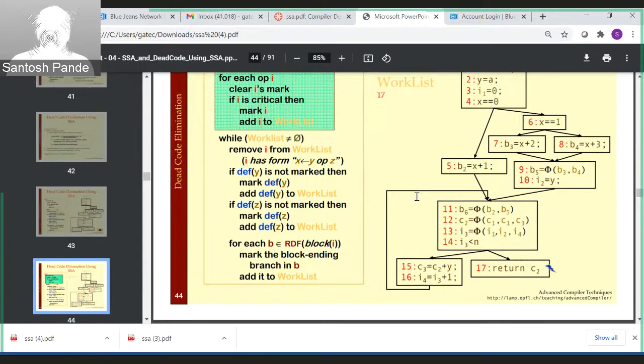Potentially, we may have to visit each statement multiple times and so on, and it might slow us down. So how to do this very efficiently is basically the goal. Now, how do we do it? This is called the SSA chain of the values and their use and so on. So SSA allows you to build this chain,